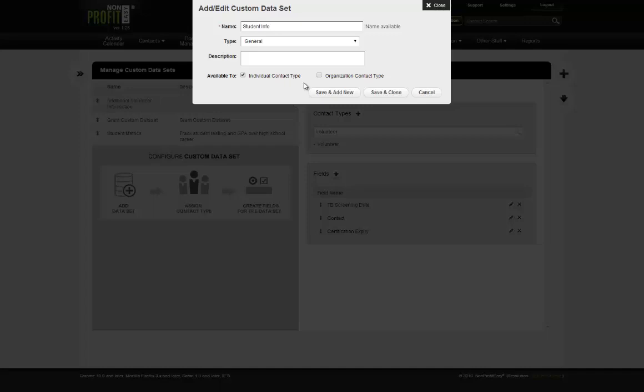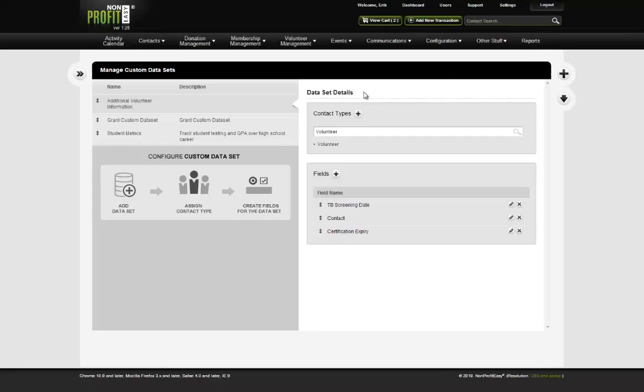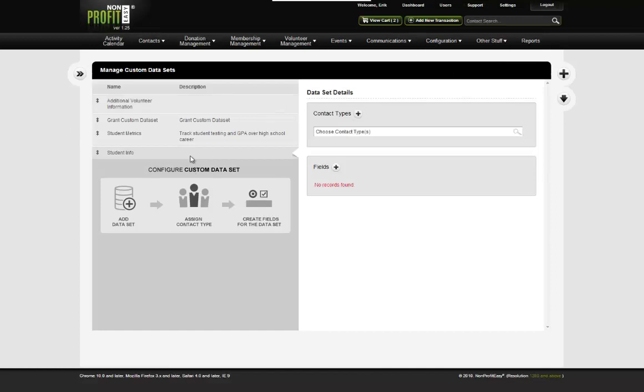Okay, so we have our data set: student info of the general type for individuals. Save and close. All right, we've created our container. Here it is, student info. And now we get to configure it. Well, the first thing we do is we choose what, if any, contact type we will be attaching this data set to. So you may have noticed with all of the predefined contact types, donor, member, student, volunteer, and so on and so forth,